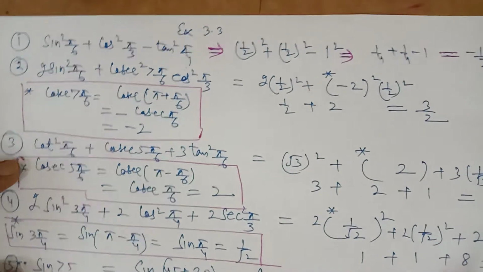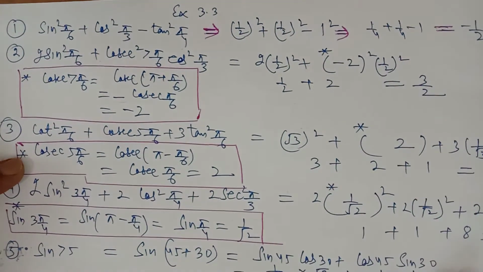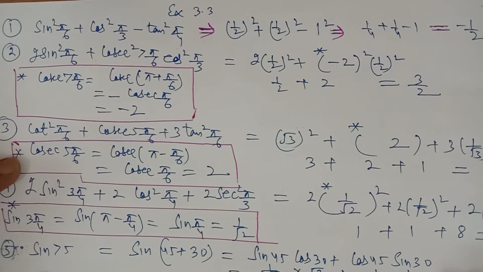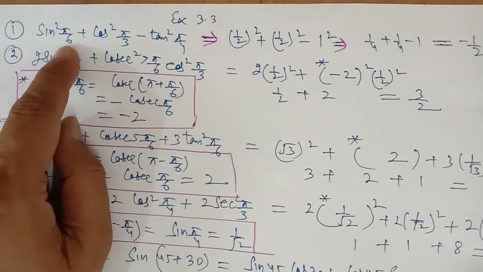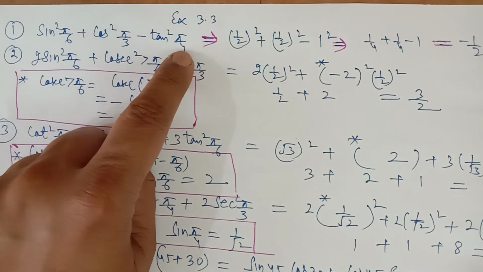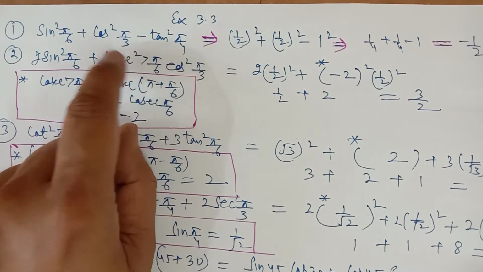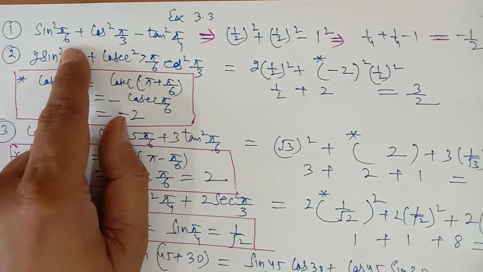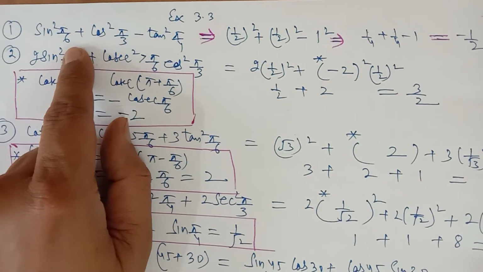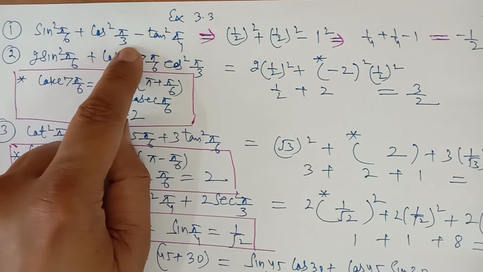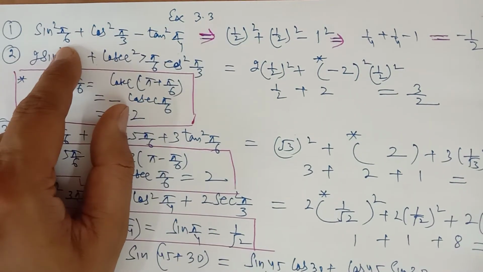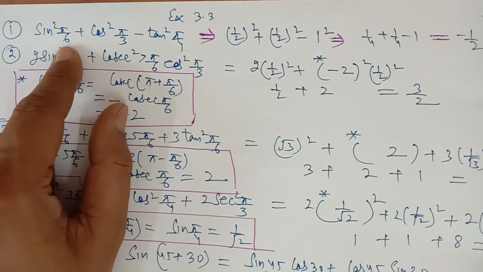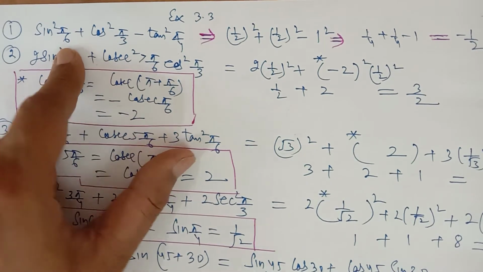Now in exercise 3.3, the beginning questions are based on this breaking of the angles for the trigonometric ratio we have done. The first question is very easy. You have to simply replace the value of sine 30, sine 60 and sine 45. Now these angles are written in radians, I am dictating it in degrees. You must know directly what pi by 6 denotes, pi by 3 denotes, pi by 4 denotes: 30, 60 and 45. You will have a good command over it if you do the previous exercise by yourself.